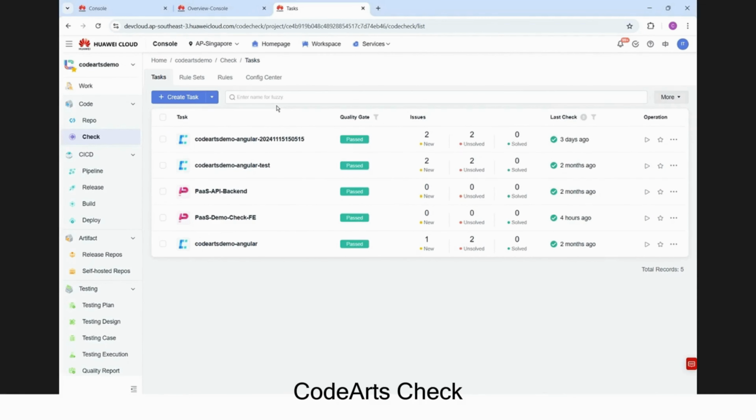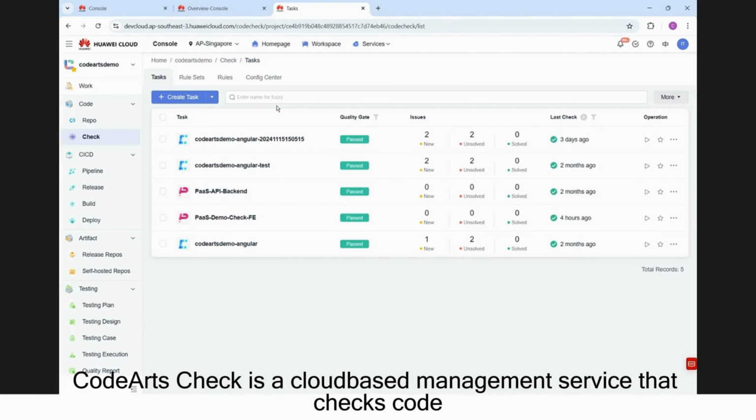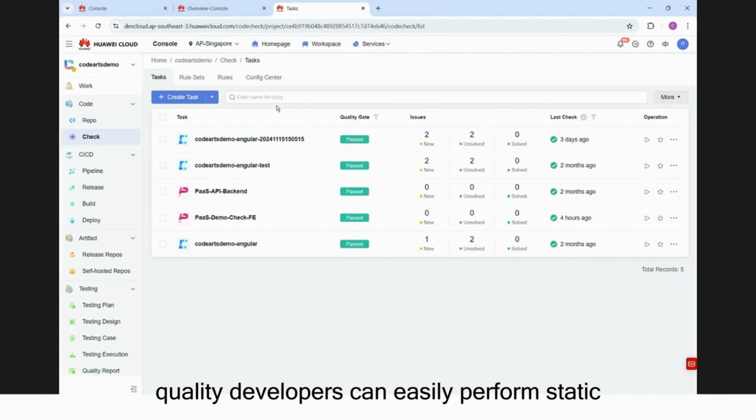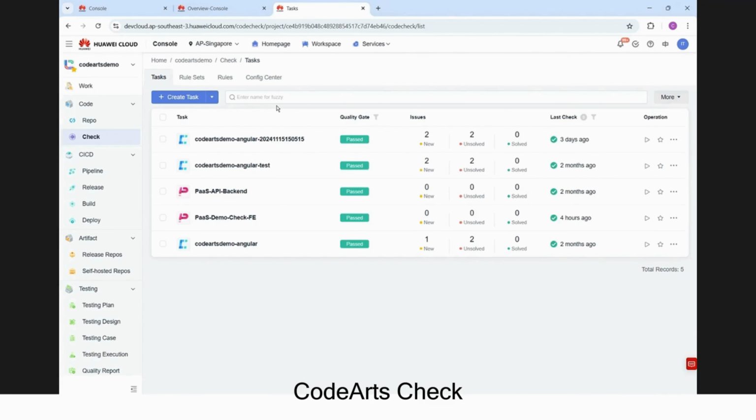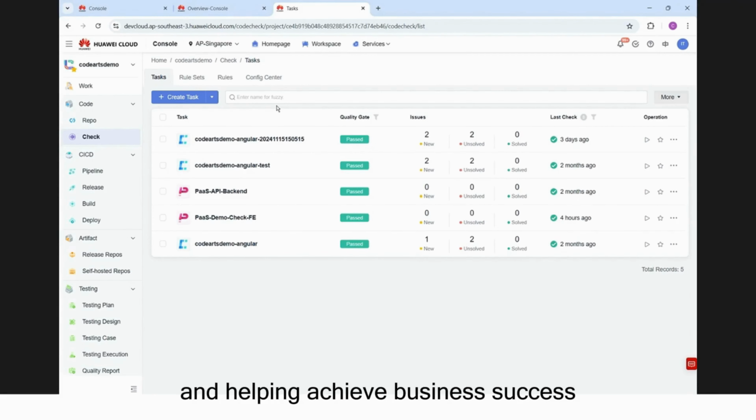CodeArts Check. CodeArts Check is a cloud-based management service that checks code quality. Developers can easily perform static code and security checks in multiple languages and obtain comprehensive quality reports. CodeArts Check also provides suggestions on fixing code defects and trend analysis, effectively securing high quality and helping achieve business